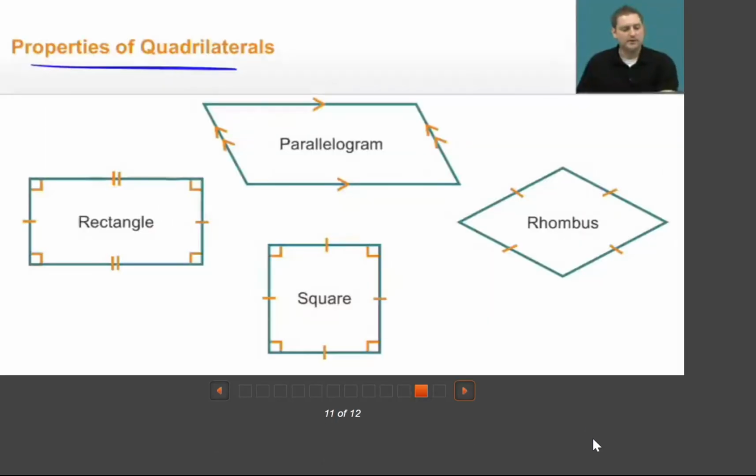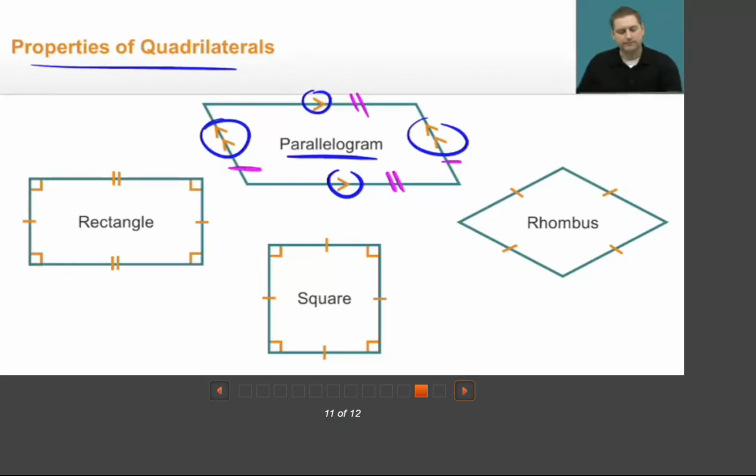Let's review the properties of quadrilaterals. Now, a parallelogram is a quadrilateral that has opposite sides parallel to each other. In addition to that, we can also say that opposite sides are congruent to each other. Now, if all the sides happen to be congruent, they're all equal to each other, you have a rhombus. But if instead you just say it's a parallelogram and you have 4 right angles, well, then you got yourself